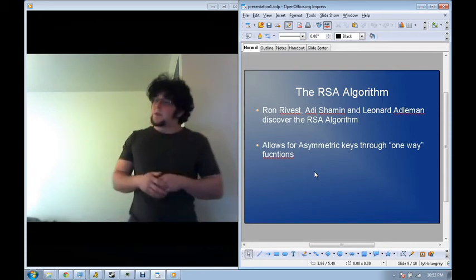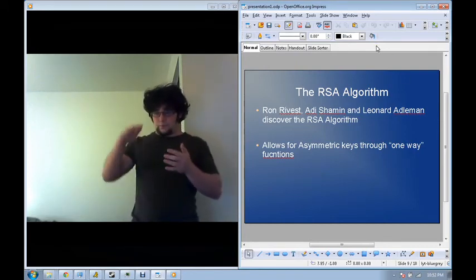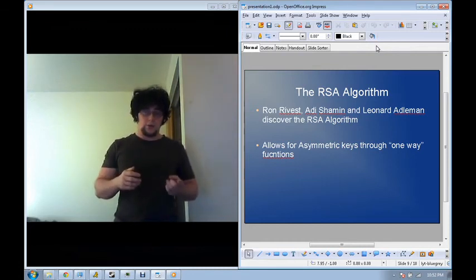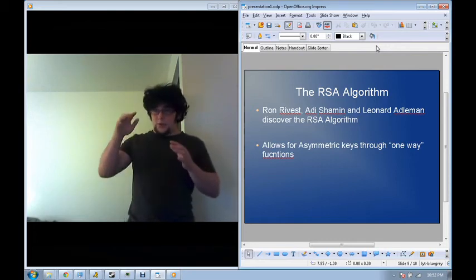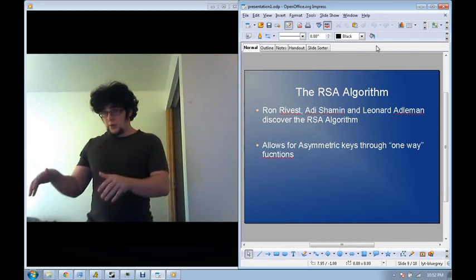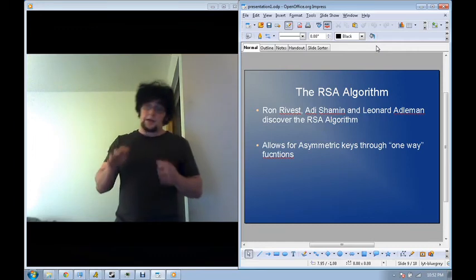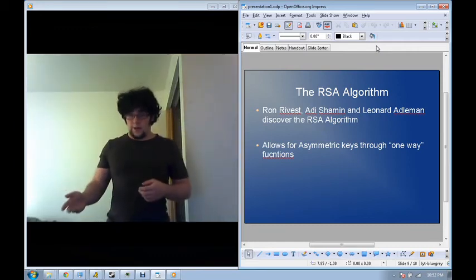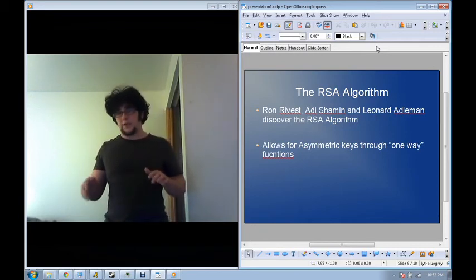So asymmetric keys have their own problem though, in that decrypting two encryptions takes a lot longer than decrypting one encryption. So a common method that's done today is we'll use asymmetric keys to send a symmetric key to the person. So they only have to do that double encryption once to get the symmetric key. And now that the symmetric key has been sent securely, the rest of the message can be encrypted with a computationally easier to do algorithm.